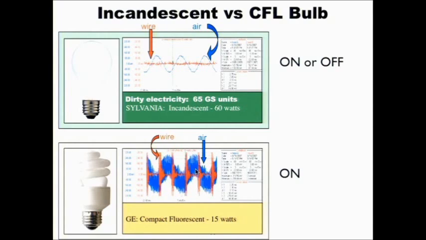There's something called a microsurge meter, and this is what it looks like. I actually have it plugged in here right now, and I'm just going to plug in a filter. And I'll tell you about that filter in a minute. I wanted to do that to minimize my own exposure up here. The dirty electricity in the clean environment was 65, and we call them GS units. They're artificial units that have been designed that we can now associate with health. And when we turned on just one compact fluorescent light bulb, it jumped to about 300 GS units.